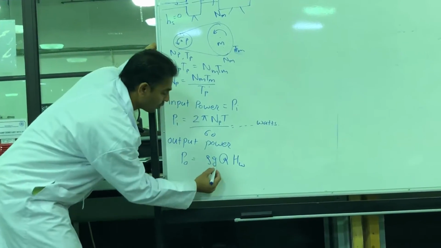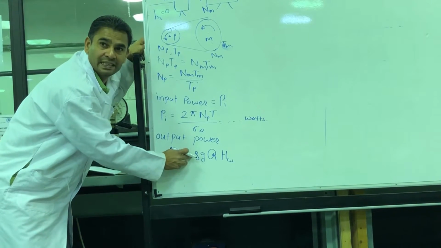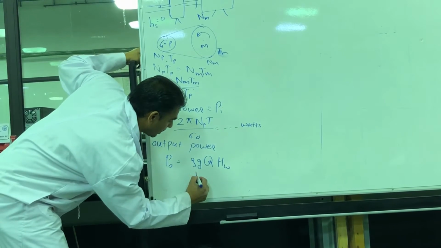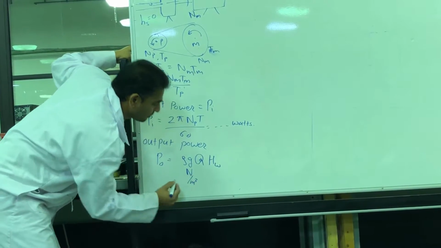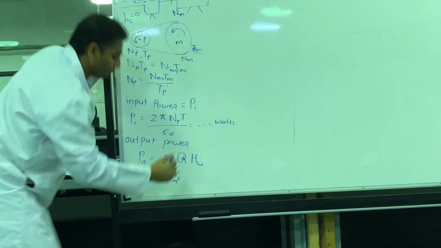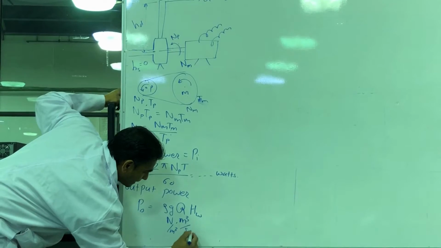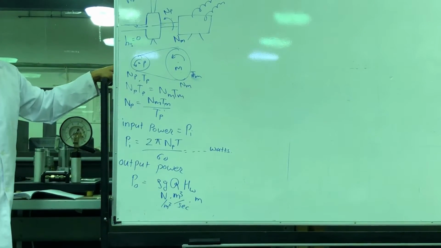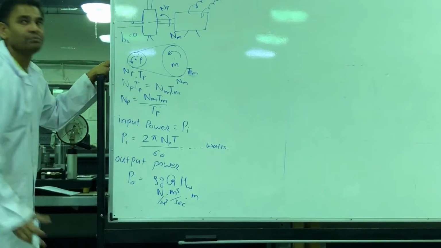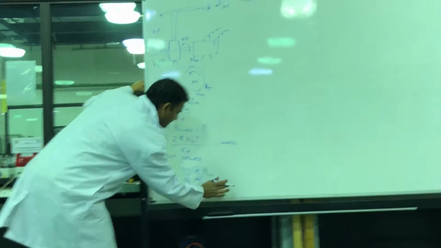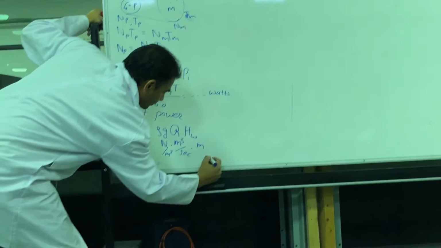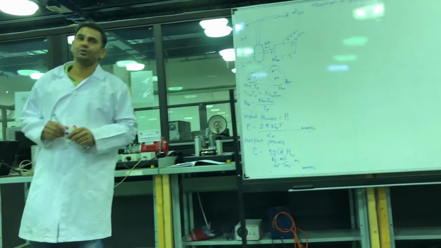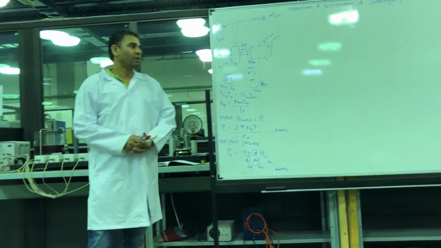Now check the unit. Rho g is nothing but gamma. Rho is kg per meter cube and g is meter per second square. This is nothing but Newton per meter cube, so I will directly write Newton per meter cube. What is Q? Meter cube per second. And what is head? Meter. Now see, this meter cube gets cancelled. What we have is Newton meter per second, which means watt. So our unit is watt. Watt means joules per second. Newton meter is joules, so per second it is the same watt.